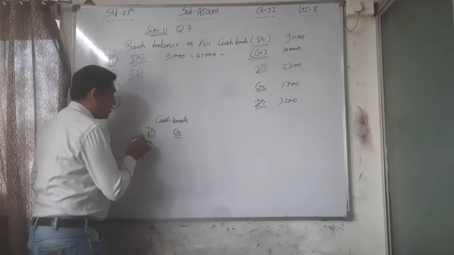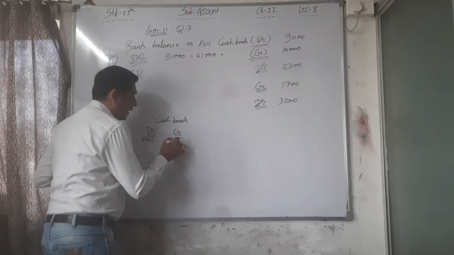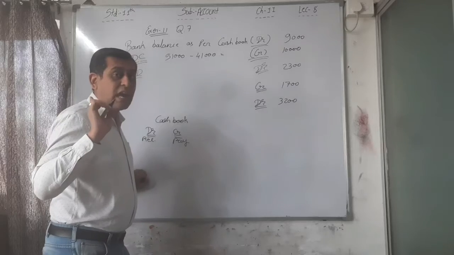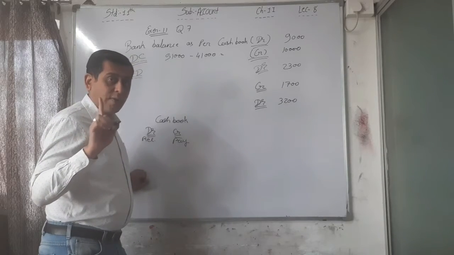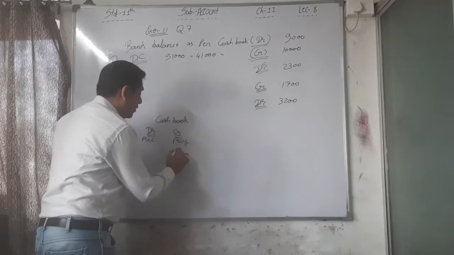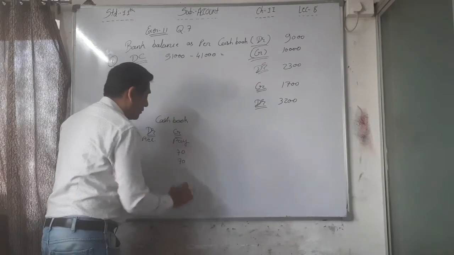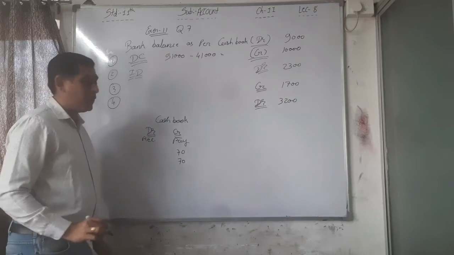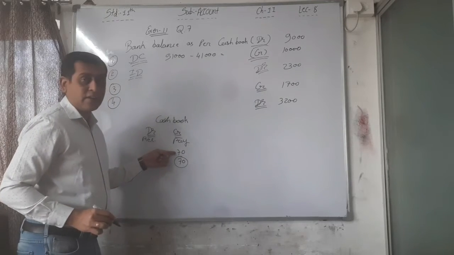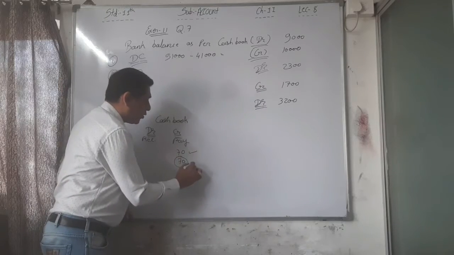Debit side, that is receipt side, and credit side, that is payment side. Bank charges, bank is debited. Always, we have to credit it, but we are recording 2 times here on the credit side. So here, what is the wrong one? This one is the wrong one. This one is right and this one is wrong.